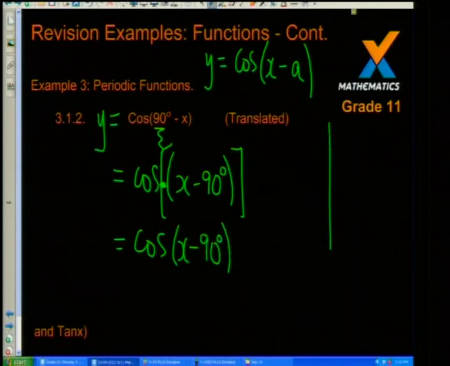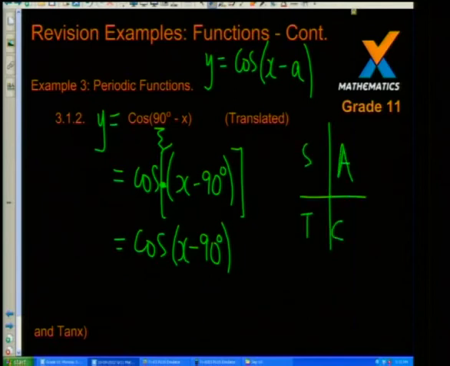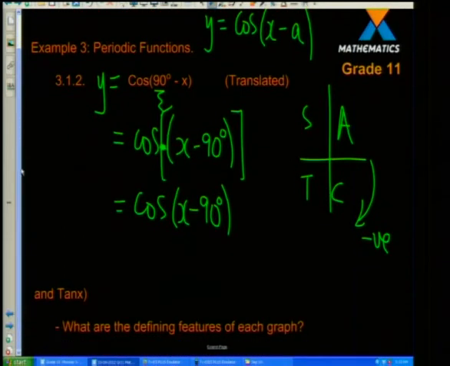So remember, we've got All Students Take Coffee. That is for our ratios. A quick reminder: if an angle is in the negative direction, you are beginning to measure clockwise. Then in the first quadrant, this is an acute angle in this case. In the fourth quadrant, our cosine is positive. So that angle becomes positive. All right, so that being the case,